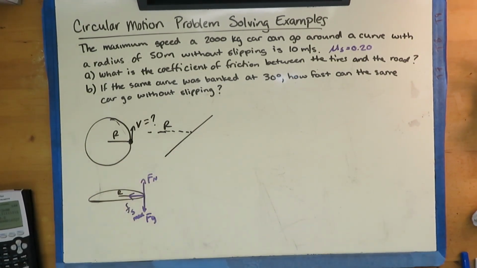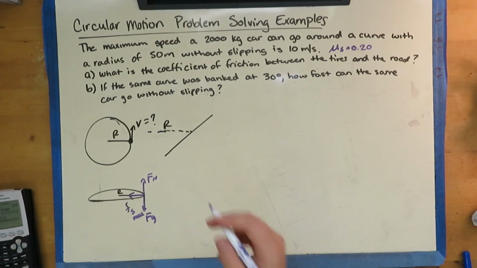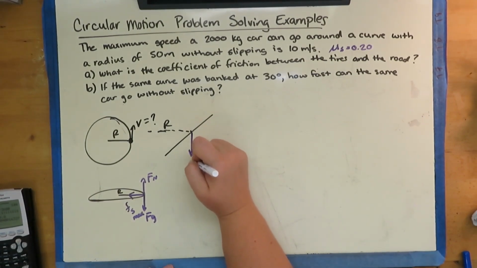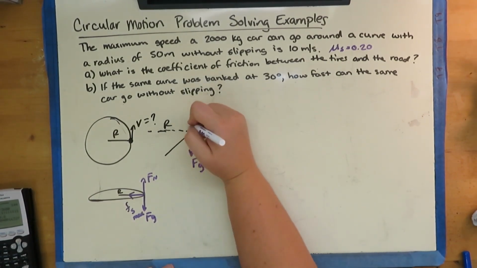So let's look at our free body diagram here. Well, we're going to have gravity pulling down. We're going to have normal force pointing out,